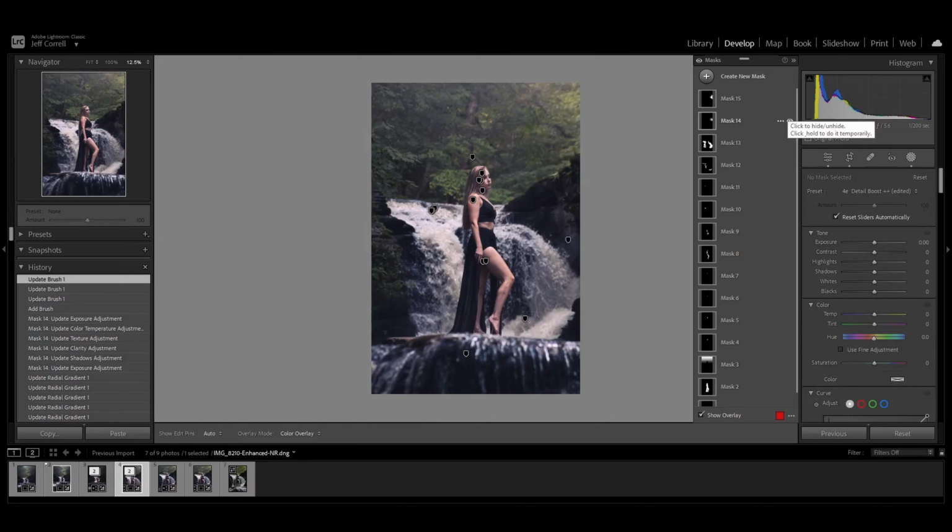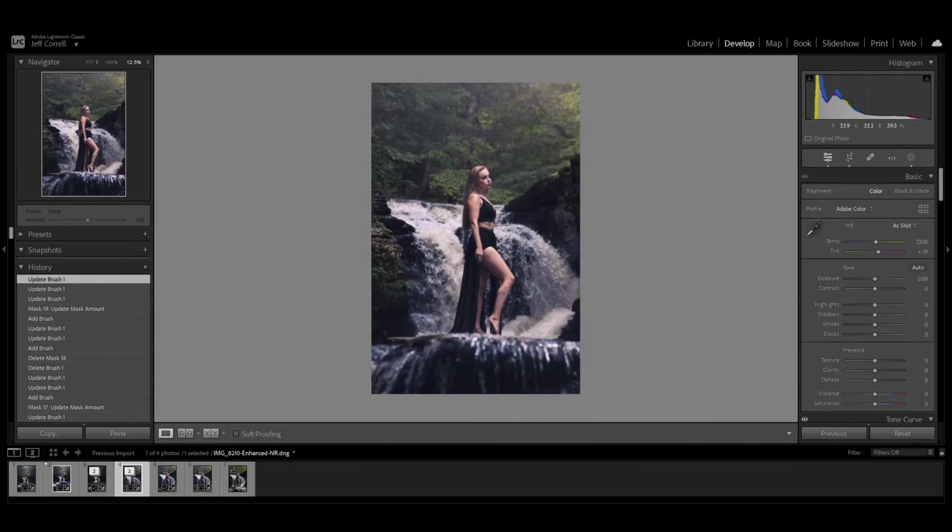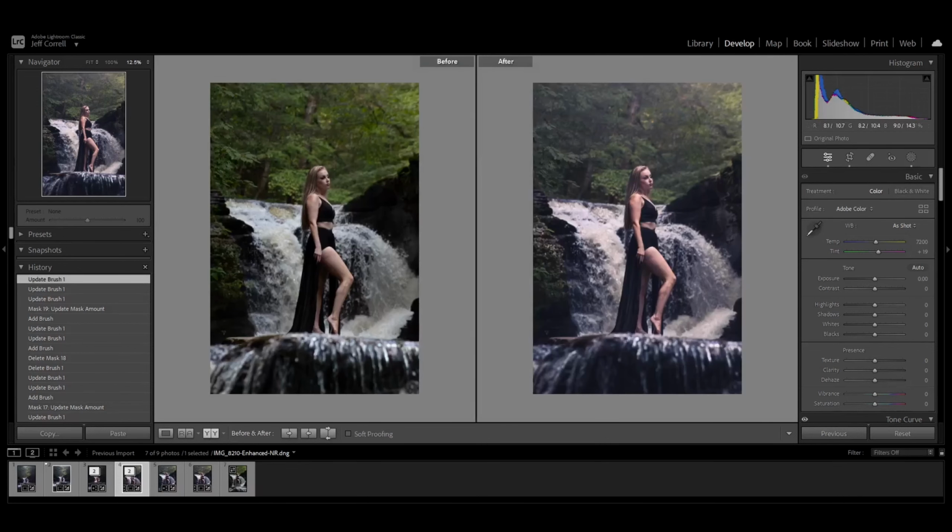So we're gonna do the same thing that we did on that side over to the other side, just to, again, give it a little bit more depth. Alright, and after doing the same thing on the left side, that is what that looks like. It just brings a little bit more detail, that side a little bit more depth. And for the before and after, this is what it looks like. That's what the original raw file looks like on the left side, and that's what the edited file looks like